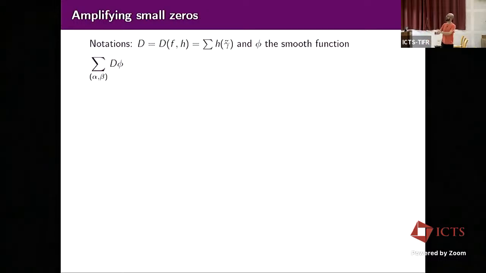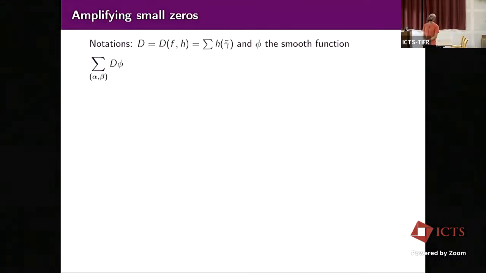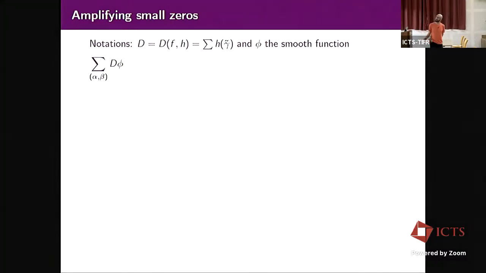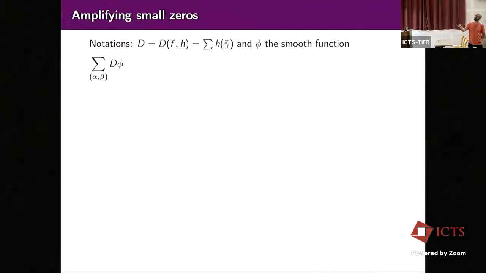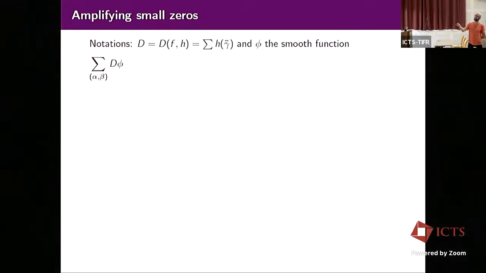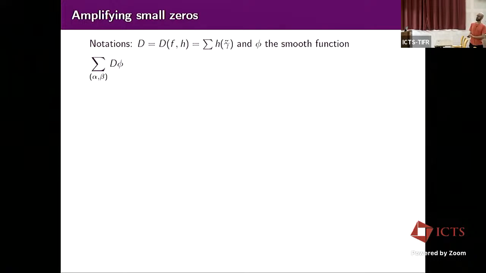And now that's more or less the last math slide. How do we use that to show that the sum over zeros is small? So I hope it's not too formally heavy, but it will be a bit long. So I wrote D is the one level density. It's the sum over zeros. Phi is the smooth function. I just don't write the argument.